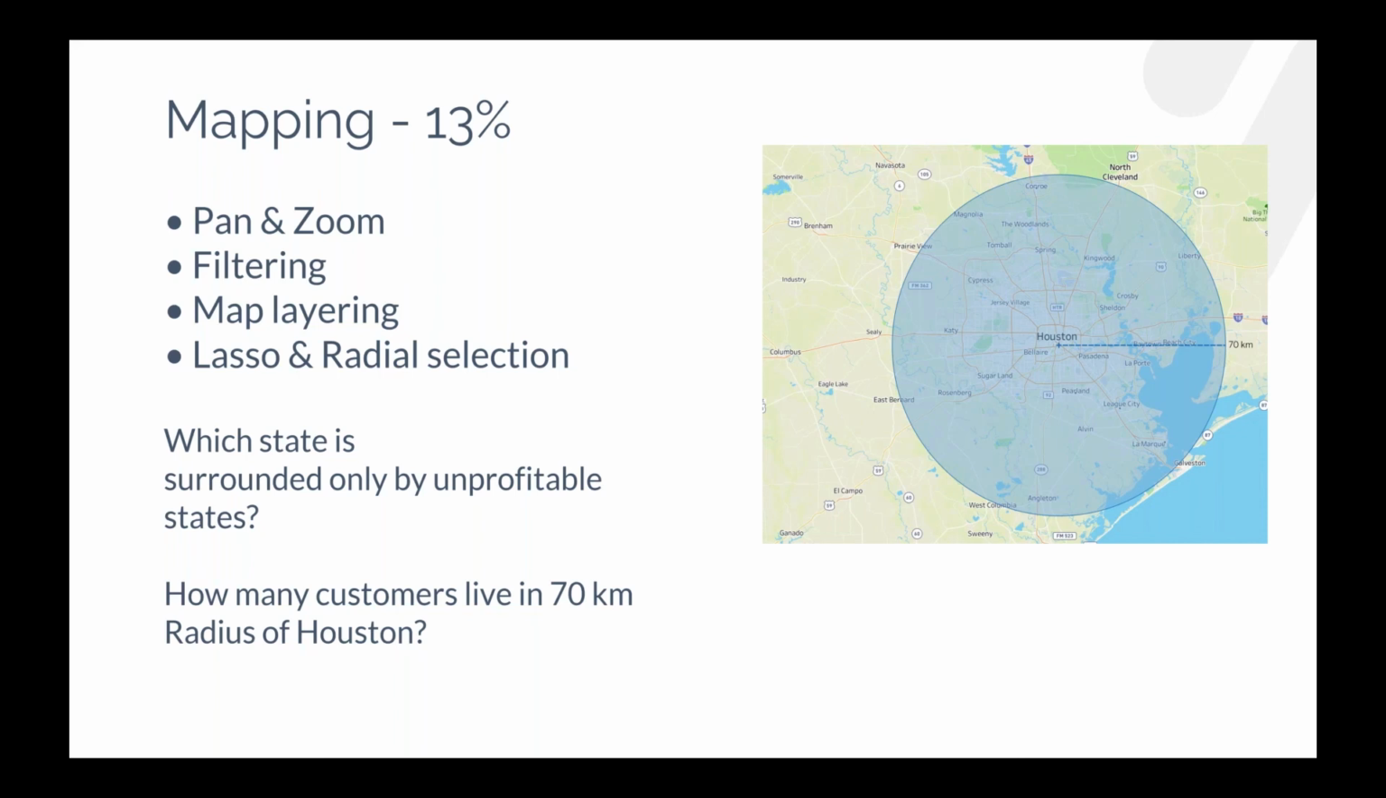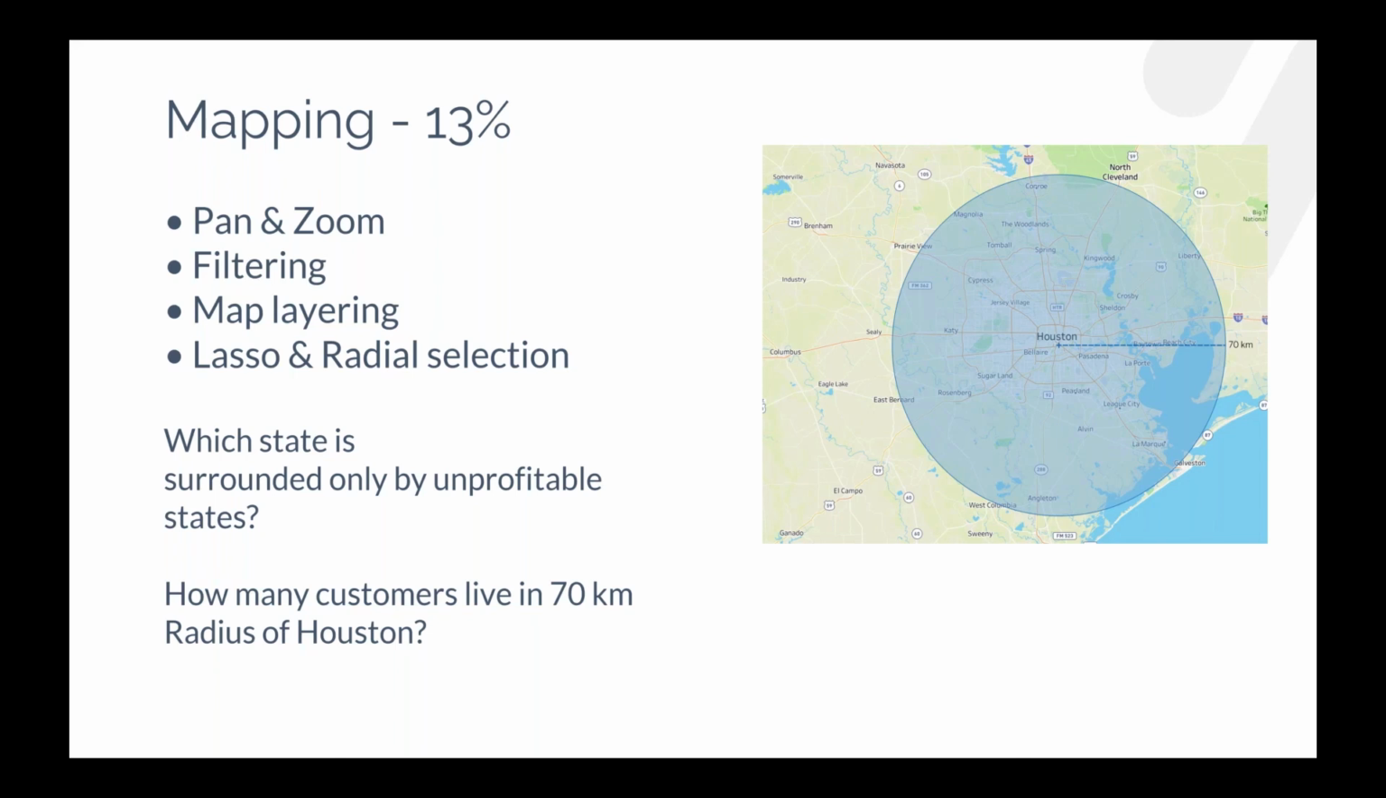So we understand how to map, pan and zoom, and how you filter a map. Also map layering, it is suggested to be able to use it in Tableau. You might be asked about that. Something that I came across is lasso and radial selection. Because of what you might be asked about,